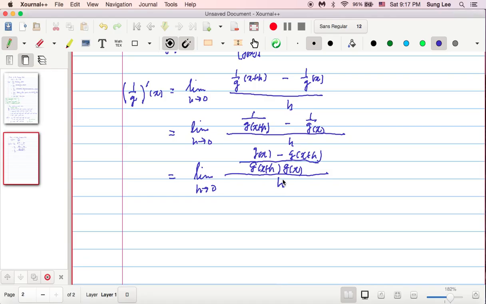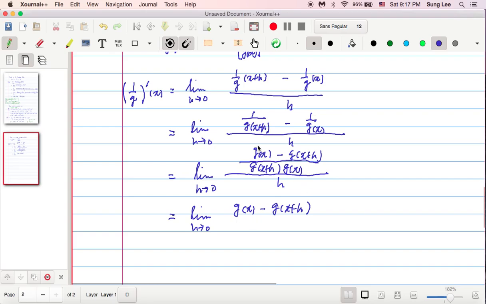All right, so this can be written as g of x minus g of x plus h over,